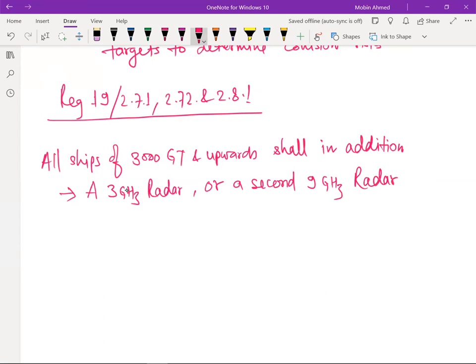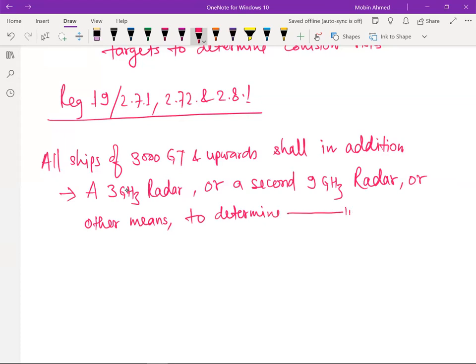So either we should have a 3 gigahertz radar or a second 9 gigahertz radar, or other means to determine